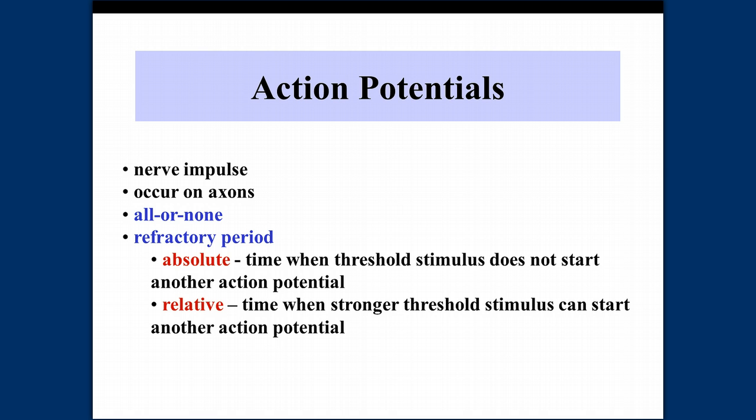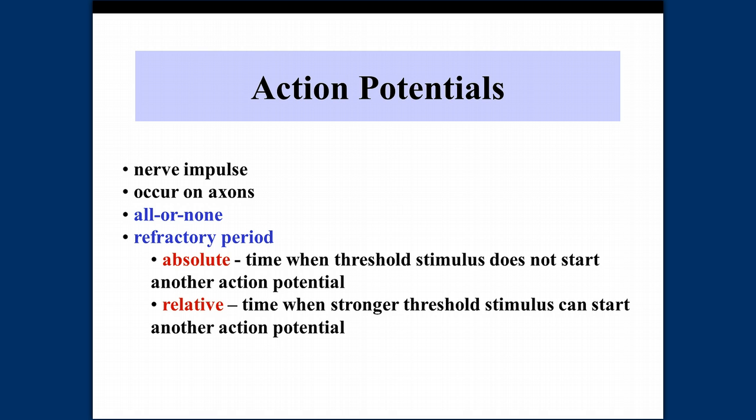We just talked about a graded response, and it does decrease in intensity the further the distance traveled, but with an action potential generated by the axon, it does not, and axons can be very long, and that intensity does not lose strength with the distance traveled, the whole distance of the axon. So it can be generated by a graded potential that starts the membrane to change, and when it reaches that axon hillock, then you have the opening of the ion gates, and then when threshold potential is reached, those ion gates open up,